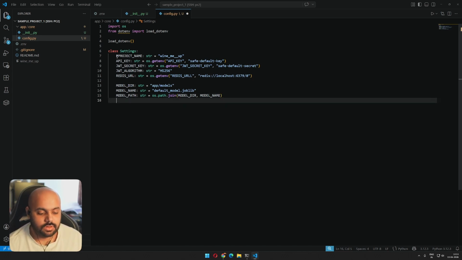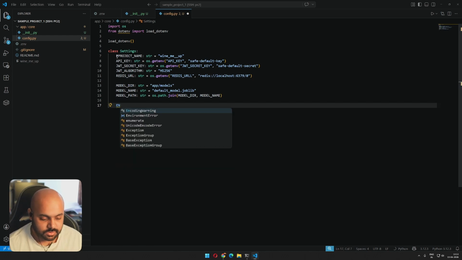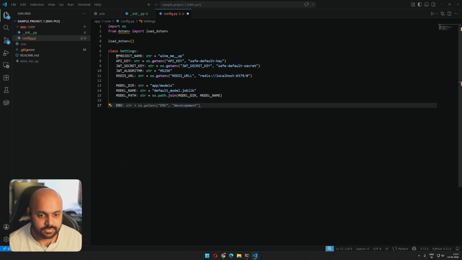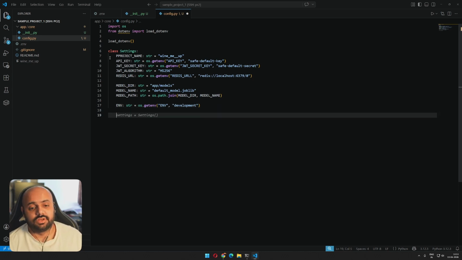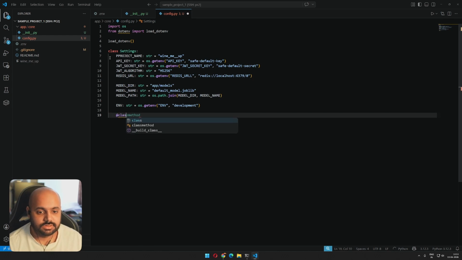And now what we're going to do is we'll also write env string development. So basically going forward, when we're going to write the development files, this way we'll know where to get our env files as well. Now let's create a class. What it's gonna help us do is choose the model and change it accordingly when we need it later on. So we'll write class method